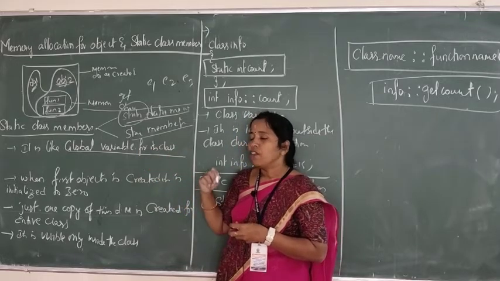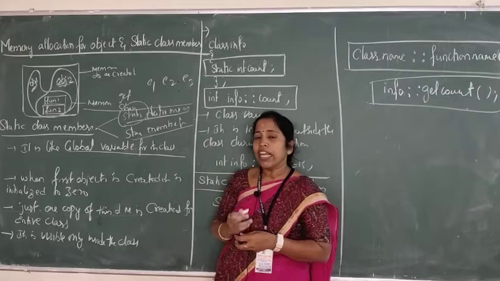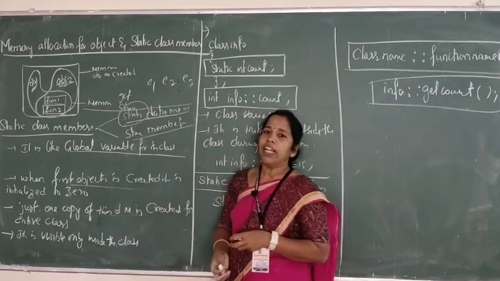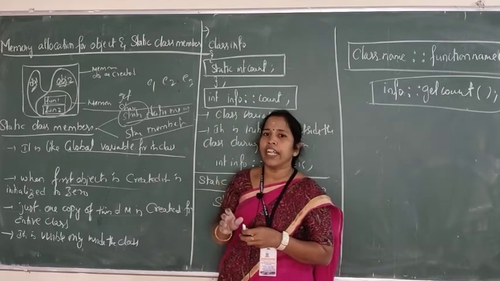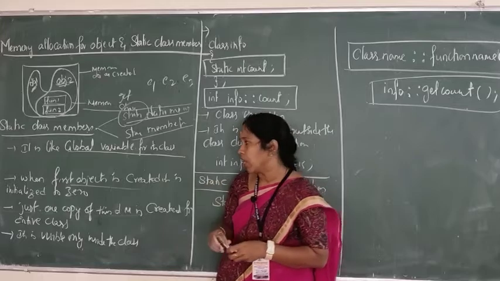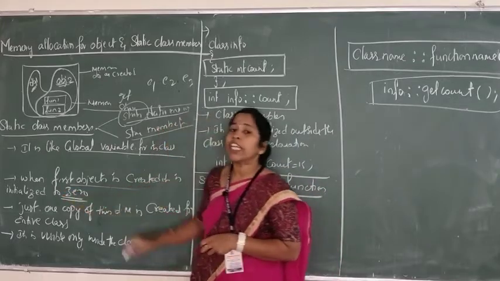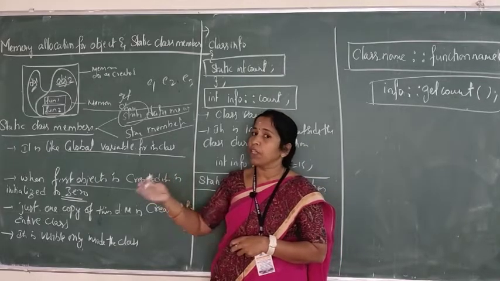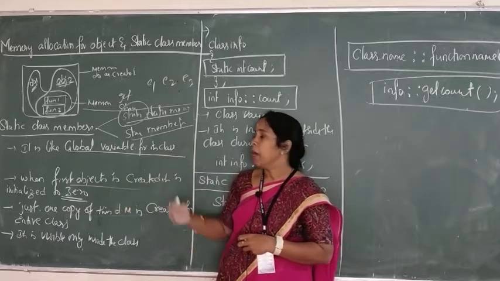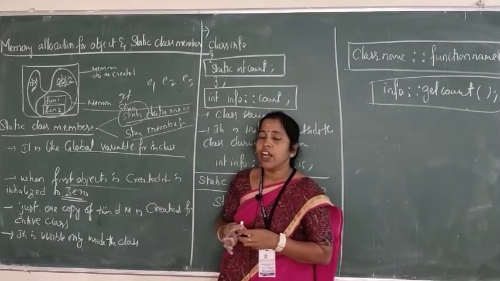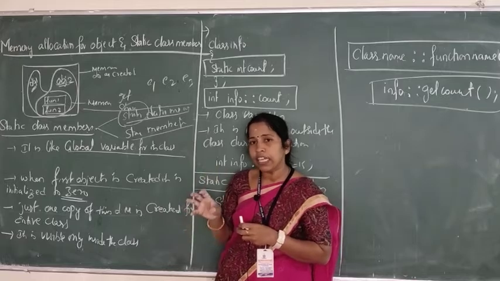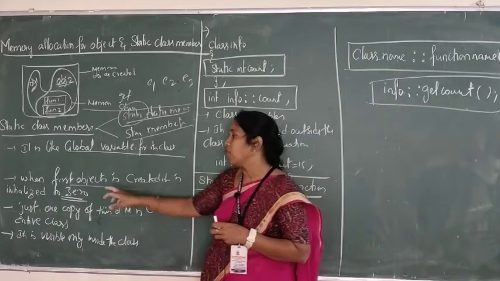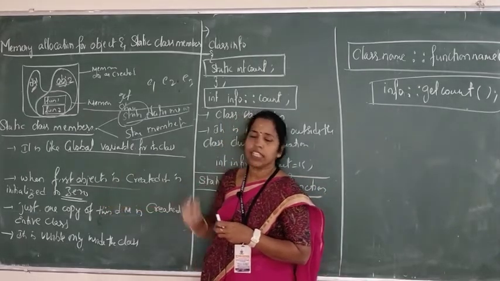And the second point, whenever I am using static variables, this point has to be highlighted. Whenever the object is created, the data members will be initialized with 0 in the case of static data members. With a normal variable, you have to accept the data from the keyboard, the employee name as well as the salary. But when you take a static variable within the class, as soon as the object is created, that data member will be initialized with 0. That is the second characteristic.